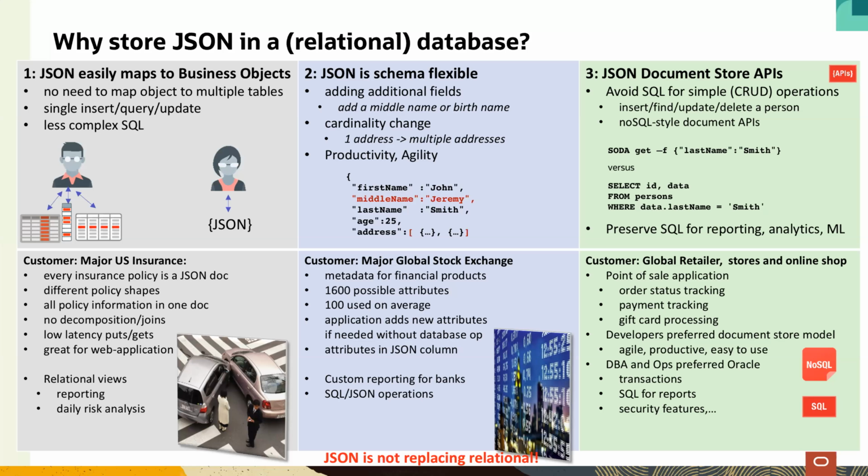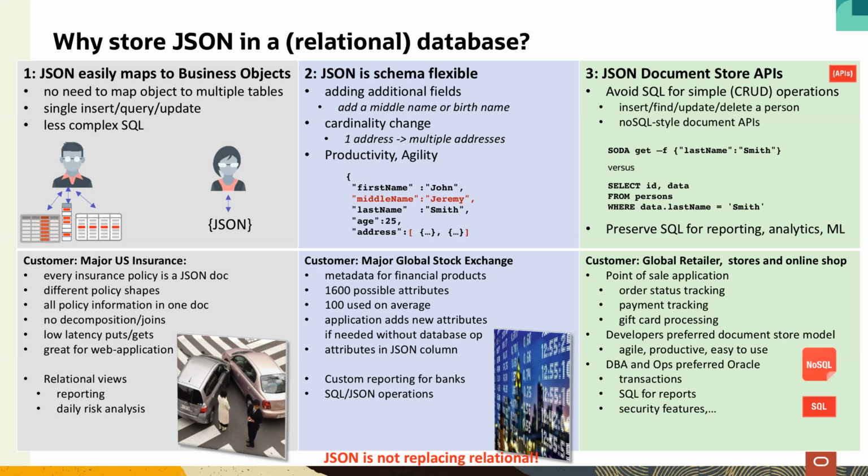And by this, we learned a lot about why customers use this. And I summarized these 3 common use cases and why people choose JSON. And these are not ordered. These are just 3 reasons without any priority. So the first reason is that with JSON, you avoid the normalization.